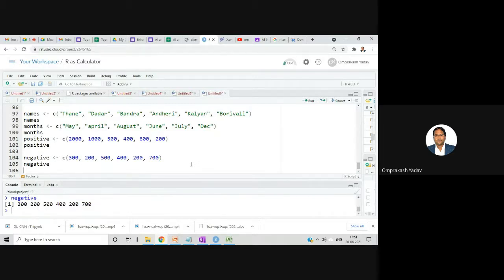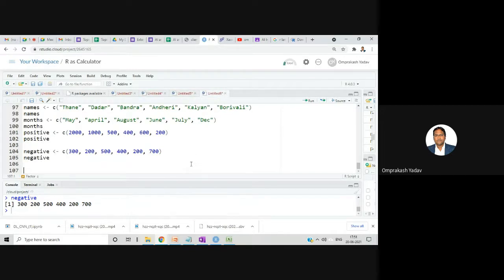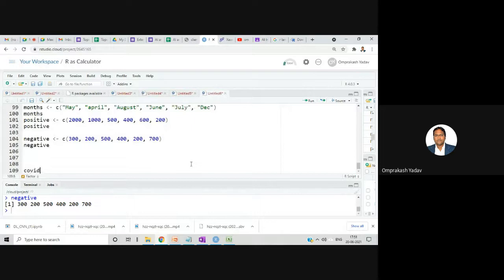So now I'll try to make the data frame. So what I'll do, I'll create covid_mumbai, and I'll use data.frame. I'll try to combine all those four columns which just now I made, four vectors.